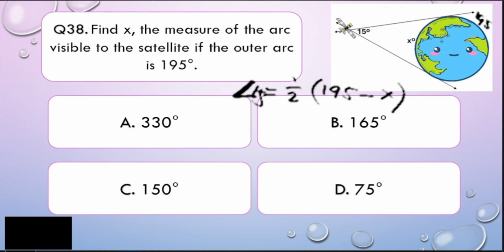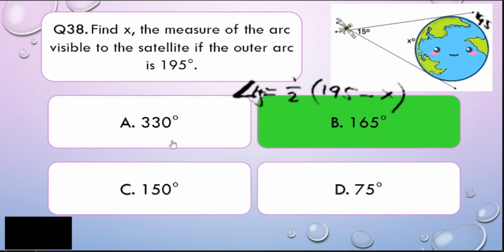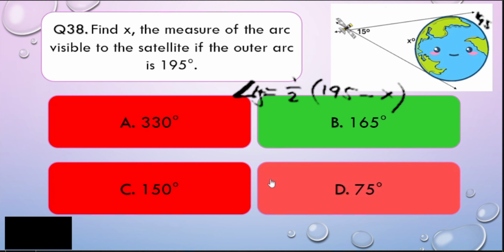All right. So by doing so, if this is a whole circle, this is 195. So therefore, what is needed by 195 in order to become 360 degrees? So therefore, we just need letter B, 165 degrees. So letter B is the correct answer for this question. Okay. Easy, right? Very easy, my dear math learners. So we had just applied a trick in solving that one. All right.